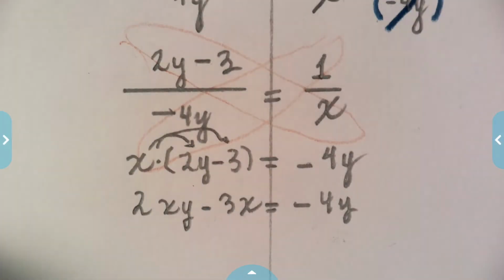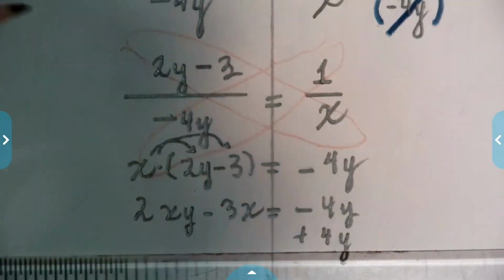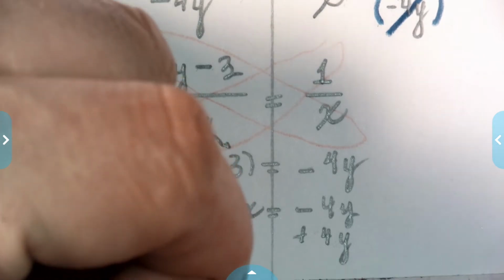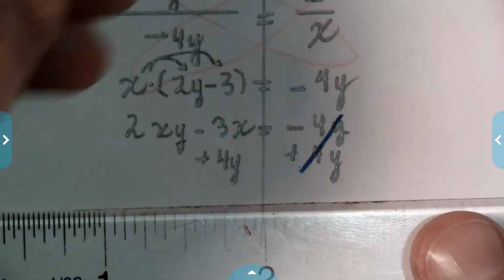Okay, and what we can do now is, well, there's a lot of things we can do now. So now what we're going to do is add 4y to both sides of the equation here, so that the right side is just 0. Okay, and that will cancel here. And now we'll have